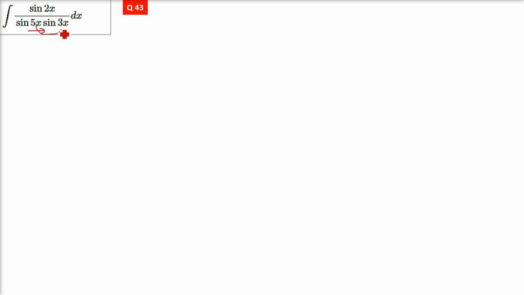The numerator will not give you the denominator. So one reasoning can be: 5x and 3x will get you 2x. That is, 5x minus 3x is equal to 2x. So this sine 2x is actually sine of 5x minus 3x. This numerator sine 2x, which we have written as sine of 5x minus 3x,